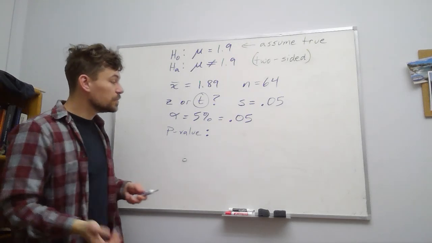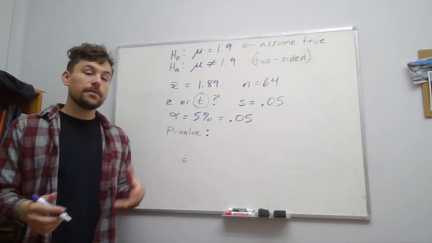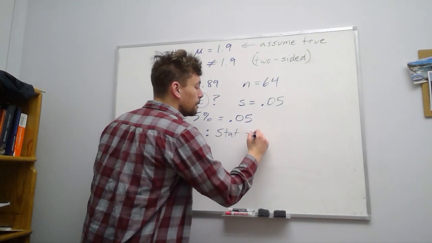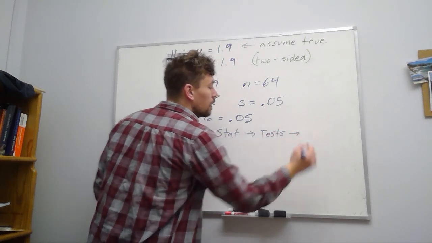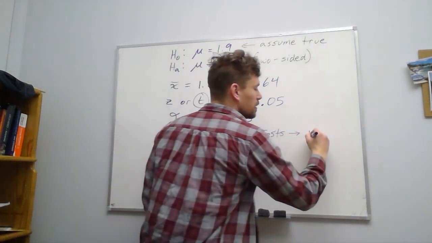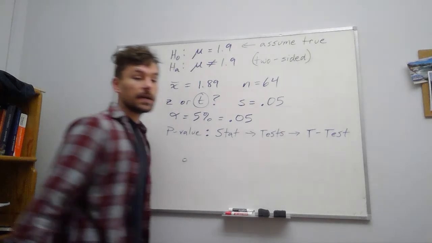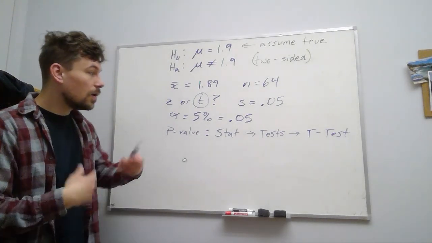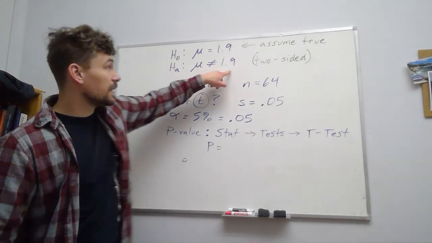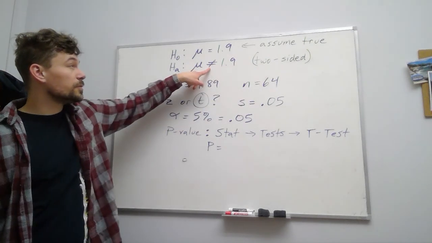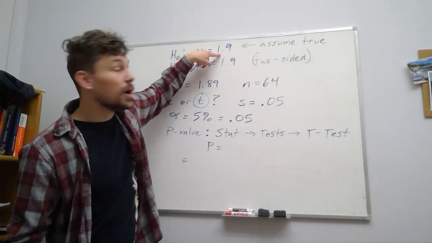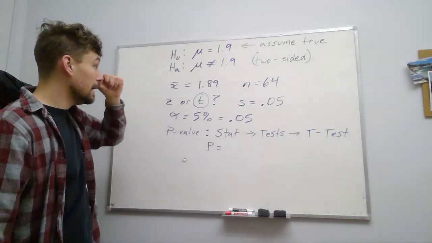We're going to find this using a tool in our TI-83-84 calculators. So we're going to go to Stat, Tests, and there are a bunch of tests here, but we have a one sample t-test, so that's just going to look like T-Test. Should be the second thing listed there. And if we put in all of the information that we've got, it's going to give us a p-value. So again, one of the key things is make sure you've got this two-sided, so make sure you're choosing the not equal to value. And mu equals mu naught. So again, mu naught is 1.9. X bar is